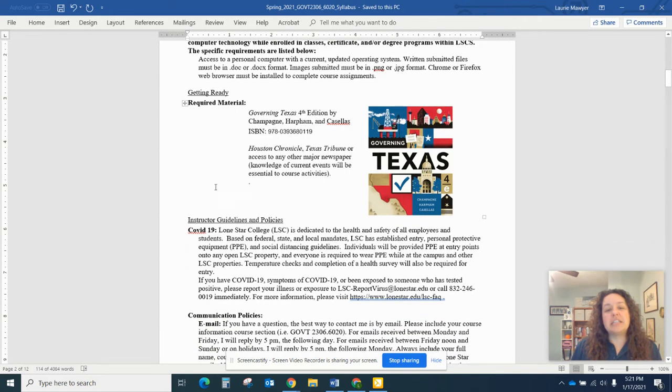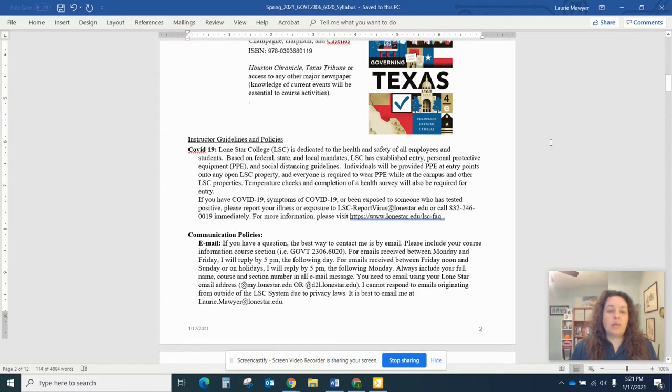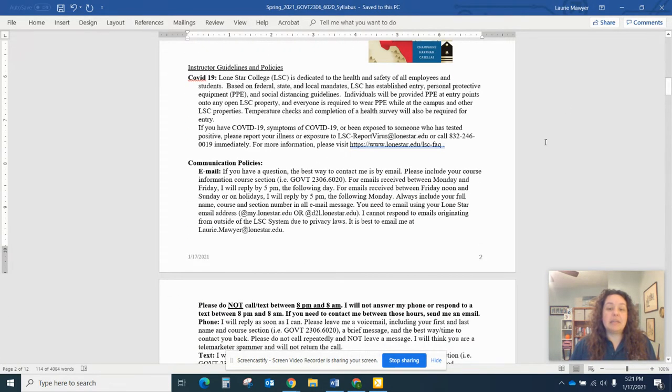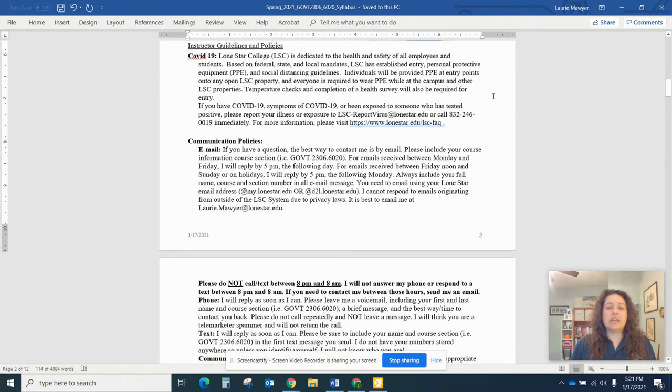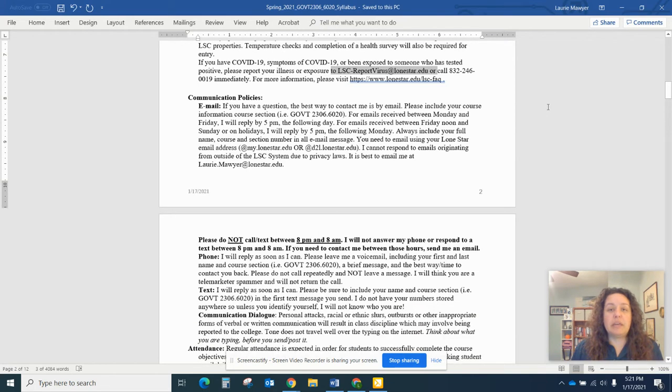Making sure that this is the textbook here. It's got the ISBN that goes to the full version that the publisher has on their website. We've got a COVID-19 statement. You do need to self-report if you think that you've been exposed to it, and it's got that web or email address right here, and a phone number. But keeping everybody else on campus safe is all of our jobs. So if you think you've been exposed to somebody, you just have to self-report that.